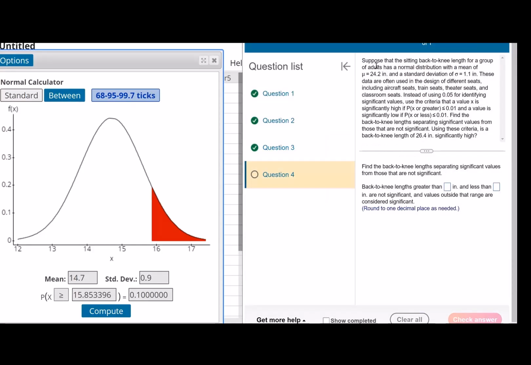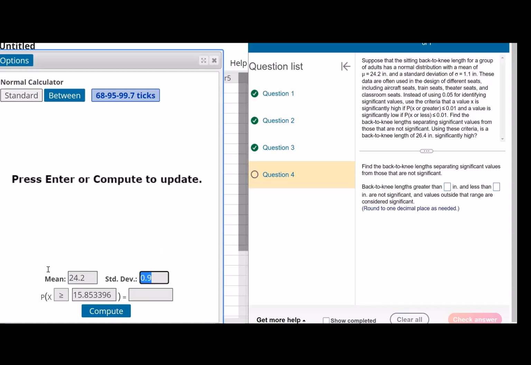To check, suppose that the sitting back-to-knee length for a group of adults has a normal distribution with a mean of 24.2 and a standard deviation of 1.1. These data are often used in the design of different seats, including aircraft seats, train seats, theater seats, and classroom seats. Instead of using 0.05 for identifying significant values, we're going to use the criterion that a value X is significantly high if the probability of that value or greater is less than or equal to